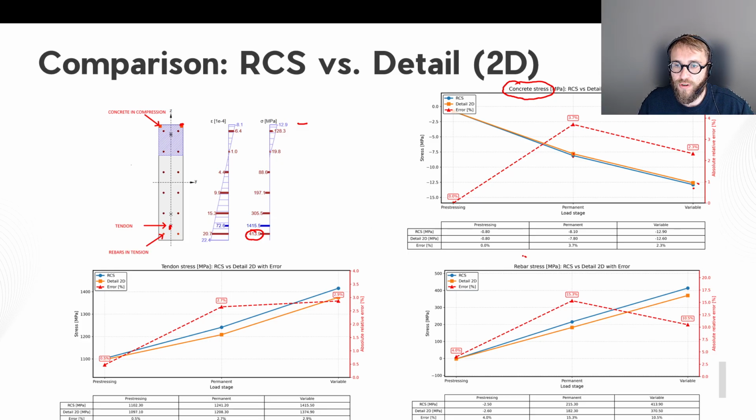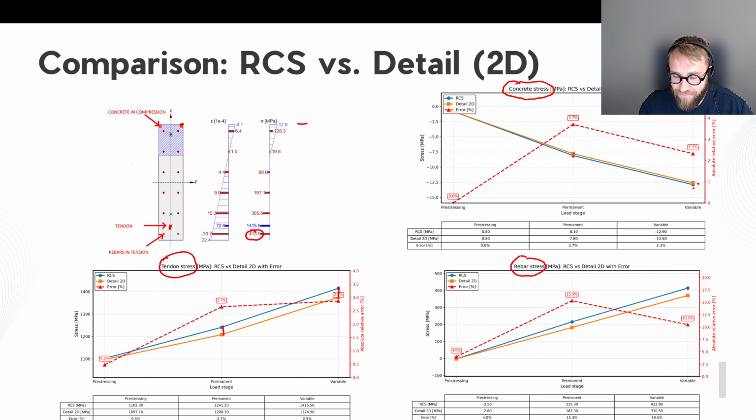Once we move to the rebars, or at first let me start with the tendons. In the tendon, the discrepancies between the results in each construction stage are up to 2.7% maximally. I want to announce that this is a great match between those two results, and the biggest discrepancies are